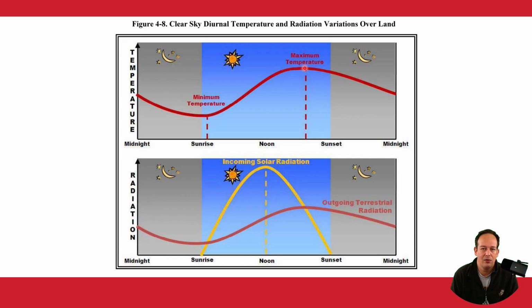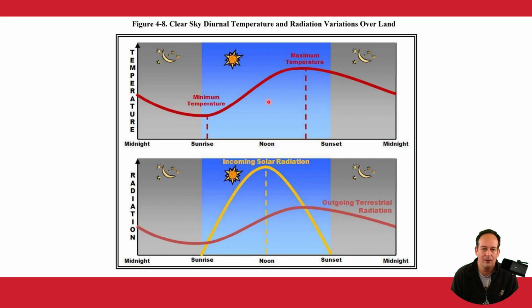But then the Earth is still rotating, and we're starting to point more and more away from the sun. The solar zenith angle gets greater, so we're receiving less solar radiation. And then finally the sun sets, and now it's only terrestrial radiation. So we were losing heat throughout the day through terrestrial radiation, but the solar radiation was so much that the